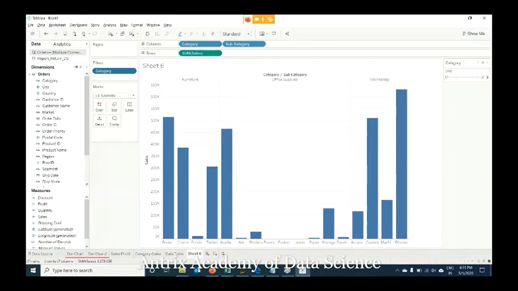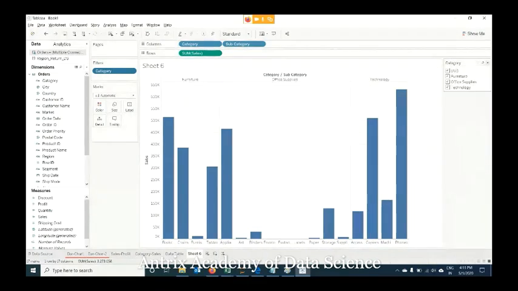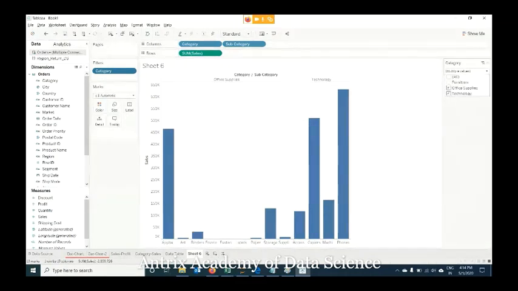So unclear it. Then multi-value list is the default option which is available. Then multi-value drop down is also there. So if it's space crunch, then you can use this. It will be visible as you click on there. I say I am looking for office supply and technology only. That is there. To unclear, you can click on this